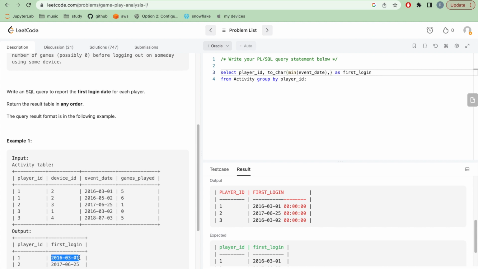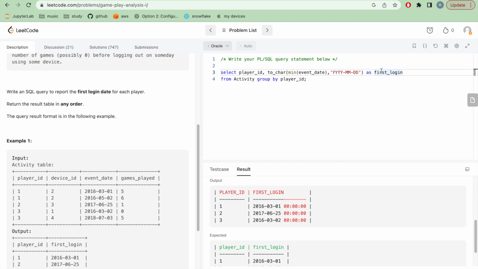So the way I solve this is I just pick the date and change that to their equivalent date syntax. So this is date, this is day, and this is month, and this is year. So let's just change those to the regular toChar syntax,